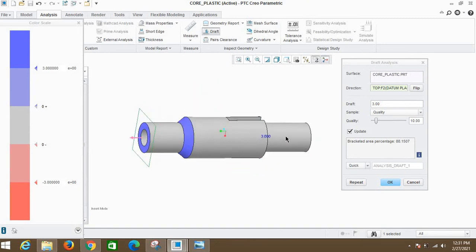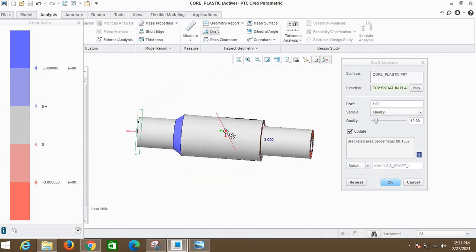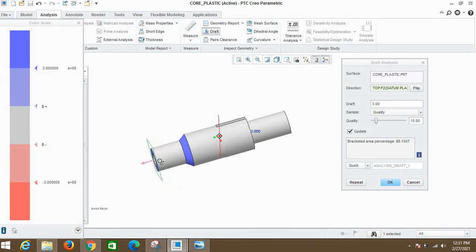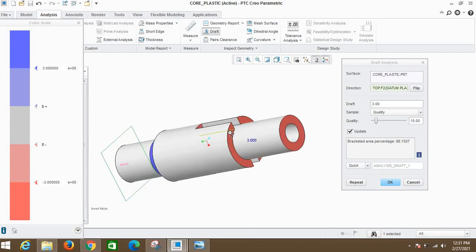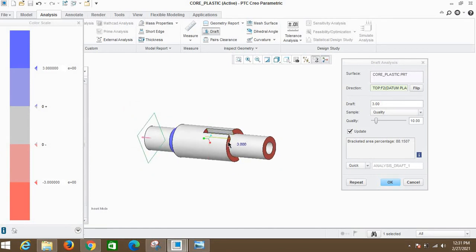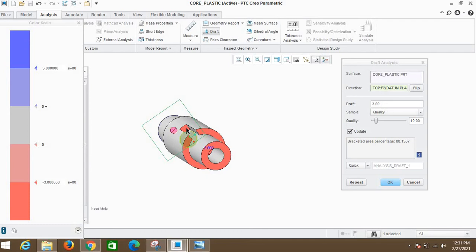So this white color shows that there is no draft on these surfaces, and blue color shows that there is an even draft. See, if my core is from this side, okay, so these surfaces are easily ejected.